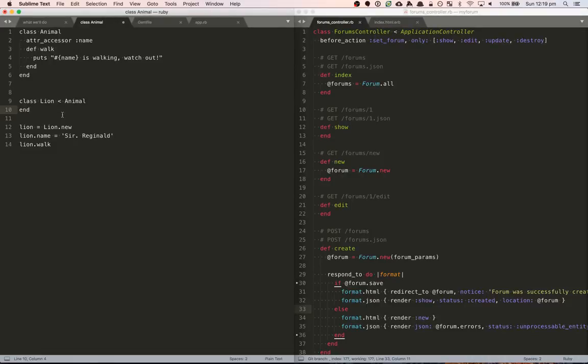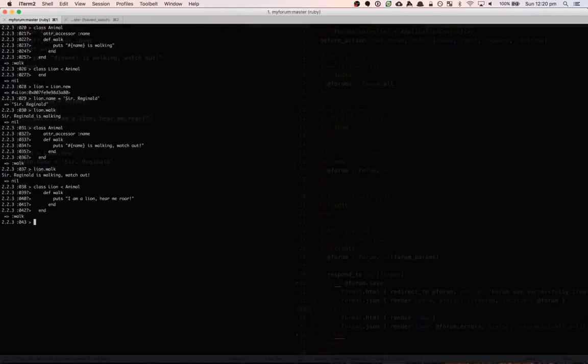So if we come into here and we know that the walk method is already defined and we can use it, but let's say that lions don't walk the same way, or they don't want to walk and say the same thing. So let's make him walk in a slightly different way. So we can say, I am a lion, hear me roar. It's a slightly contrived example, but the point remains that now if we were to, well, let's see what happens